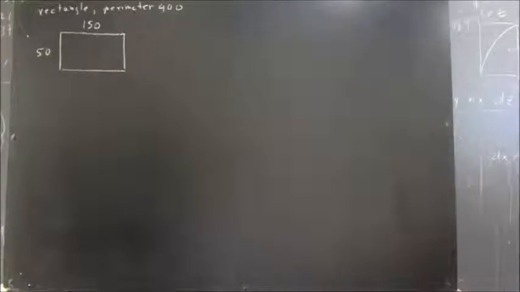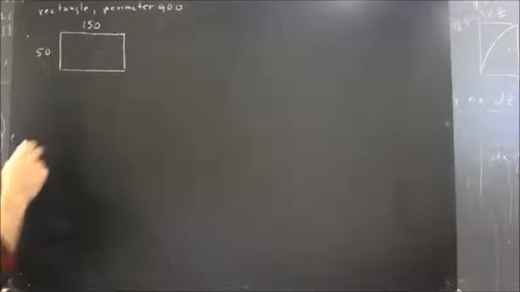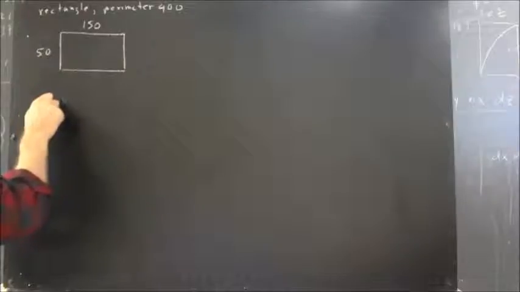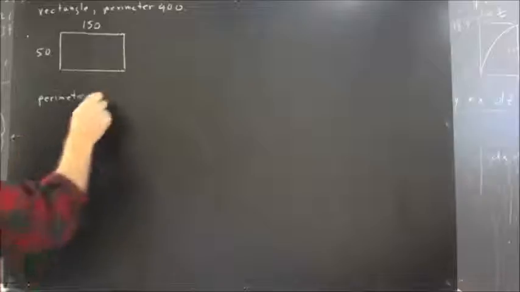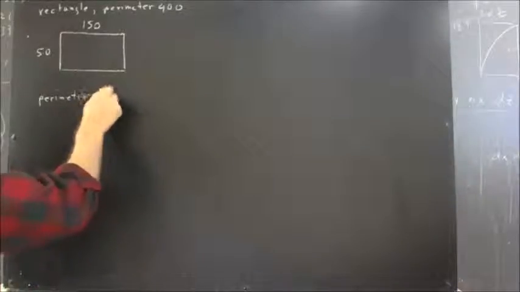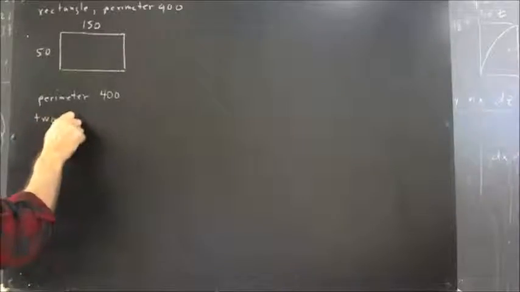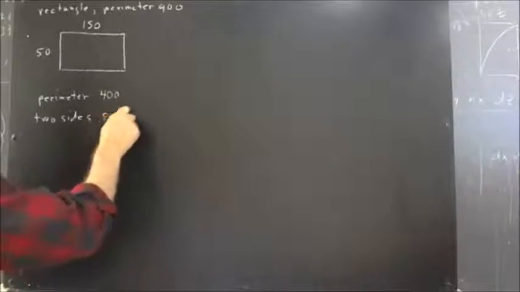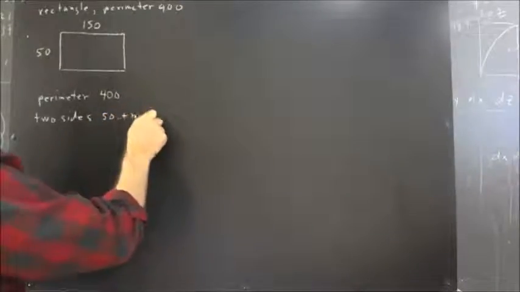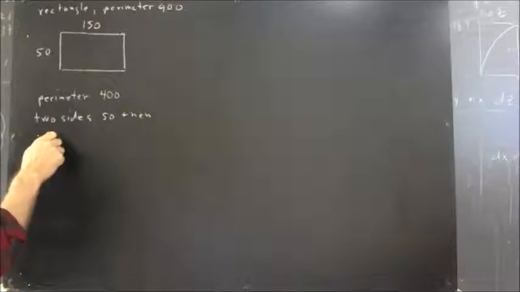There are a couple of ways to get the answer. You could say that, well, if you got 50 here, then you got 50 here, so that your perimeter of 400 leaves you, okay, if your perimeter is 400 and you got two sides of 50,